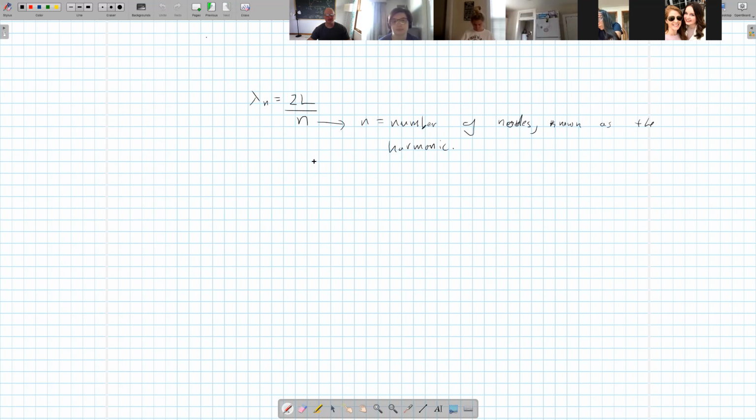So each one of these wavelengths also corresponds to a given frequency. We know that the frequency is equal to the velocity divided by the wavelength. That just comes from the velocity being equal to the wavelength times the frequency, which is then going to be equal to the velocity times the harmonic divided by twice the length of the string. So these are the frequencies which the string is allowed to vibrate at. So these are the allowed frequencies